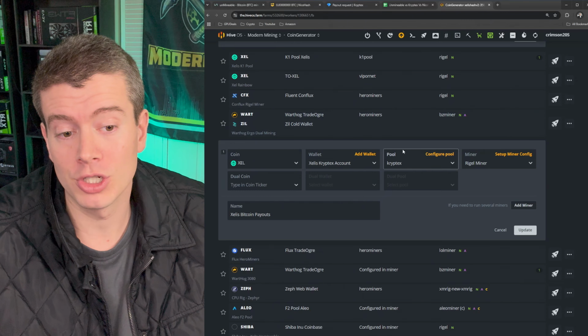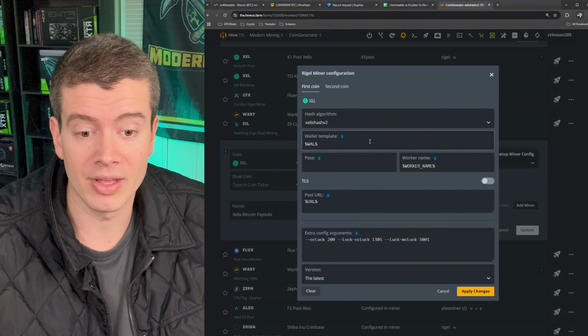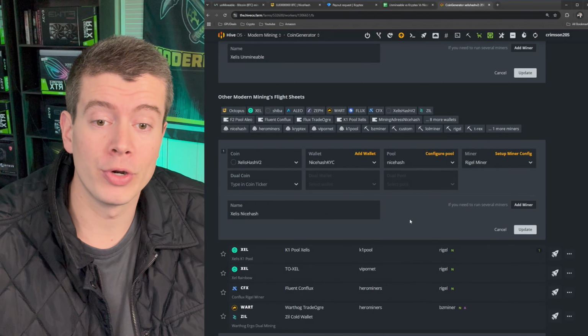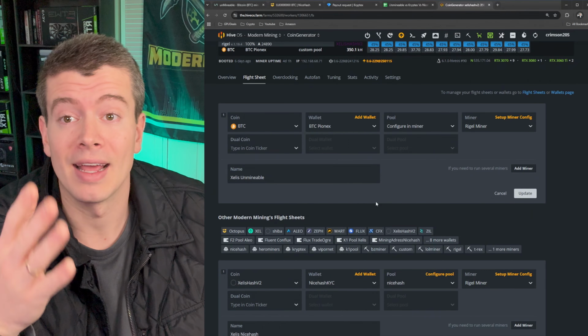And then from there, you just select Kryptex as your pool and go into miner config, and nothing different in here. You just select Zealous Hash v2, your wallet, your worker, and your overclocks right here. So that's how you set up all three. If you are going to use one, Kryptex is the best one to use, and I will have the links